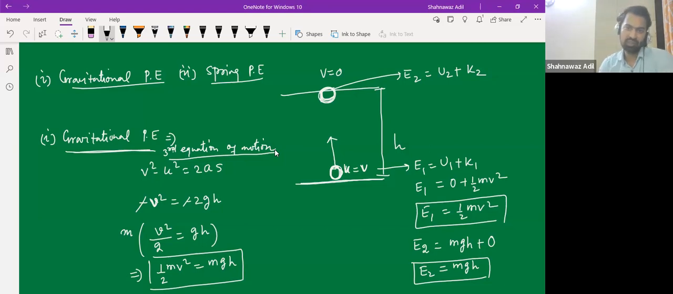So let's say this is one, this is two, and this is three. So from one, two, and three, we can say that E1 equals to